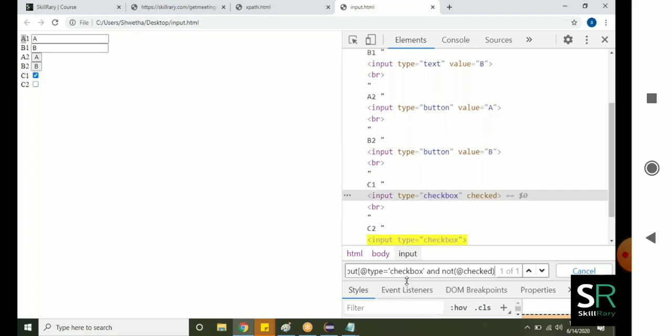First it takes double slash input, then it checks whether the at the rate type attribute has the checkbox value or not. So there are two matches. Then, in those two elements, you give me the one which is not having the checked attribute. Wherever the checked attribute is not present, you give me that. That is the meaning.